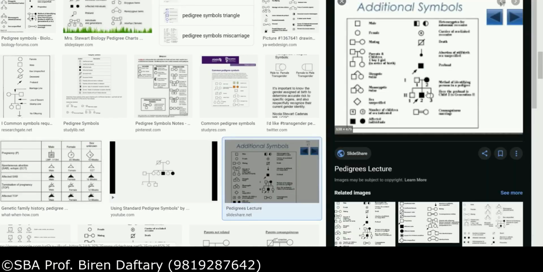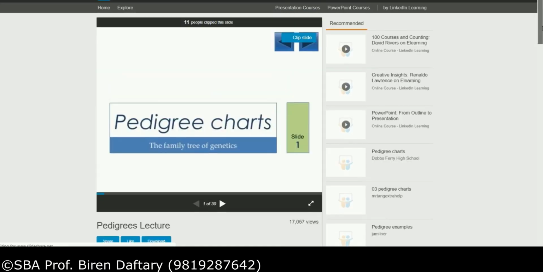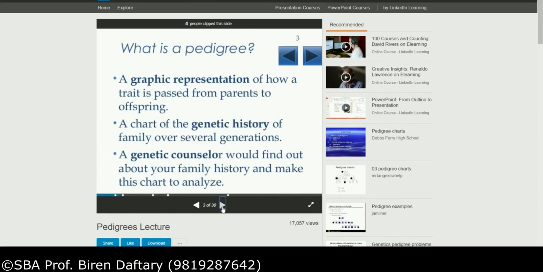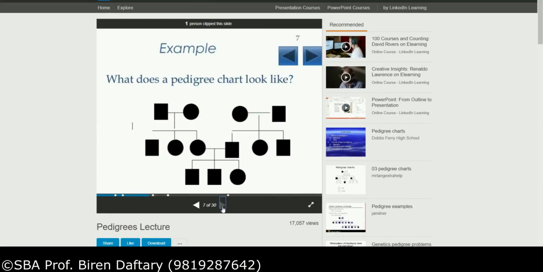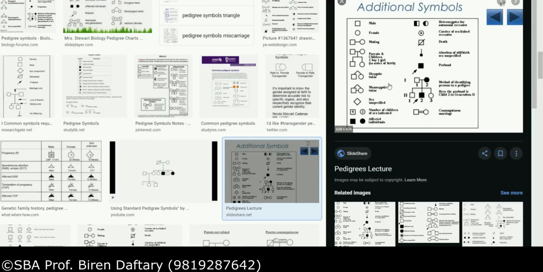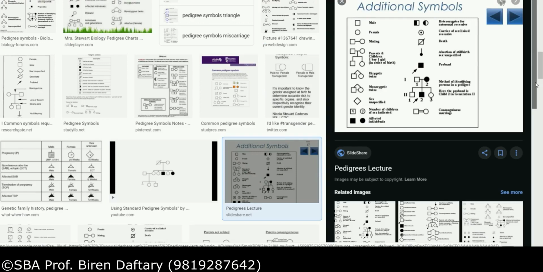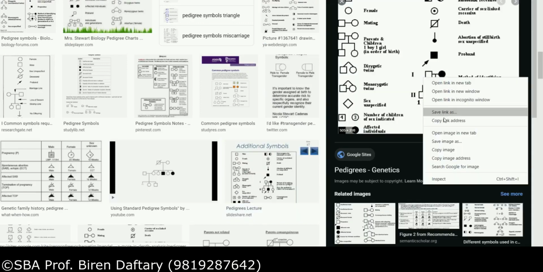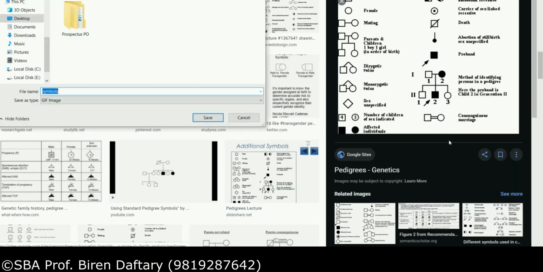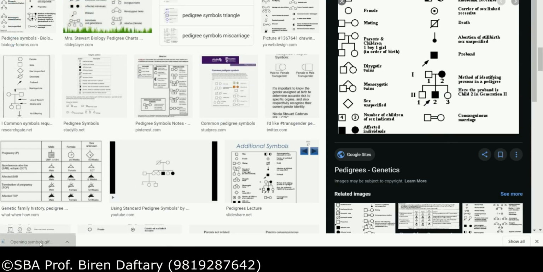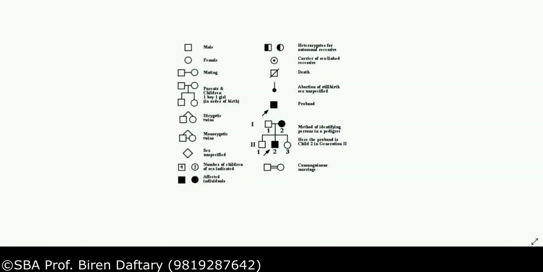Yes, let us see this. They have also given this as a presentation, but I want an image actually. So I'll save the image, and then we'll open the image. So if you see this image, yes,